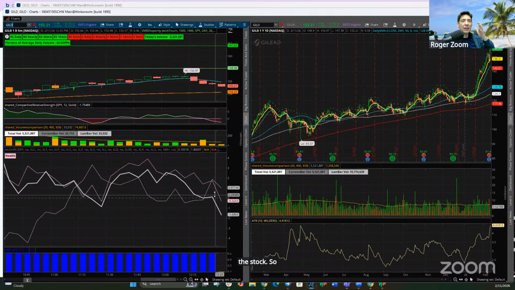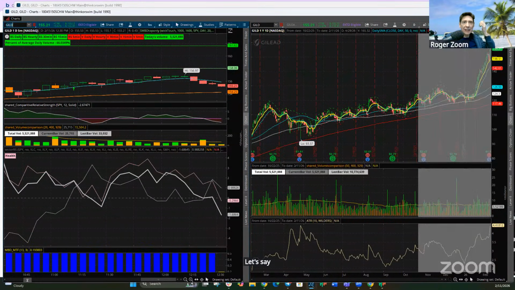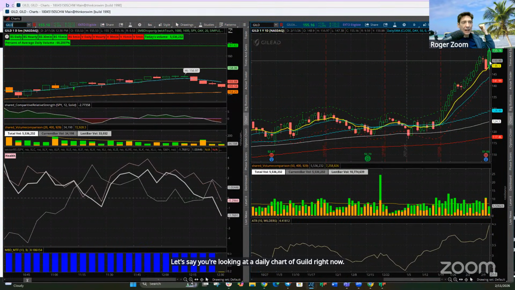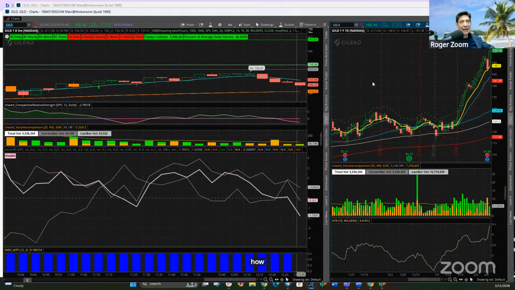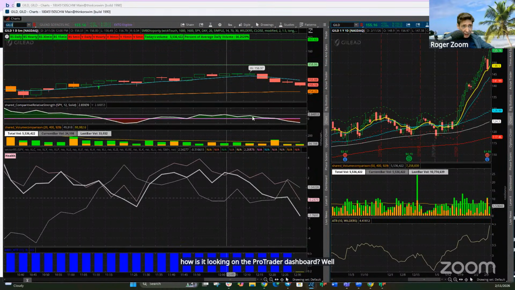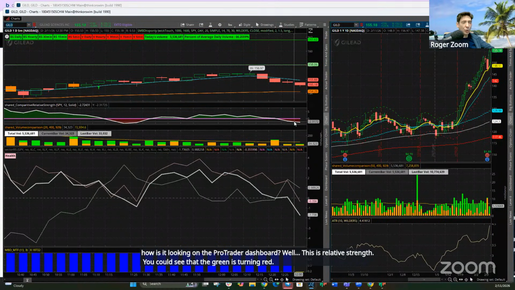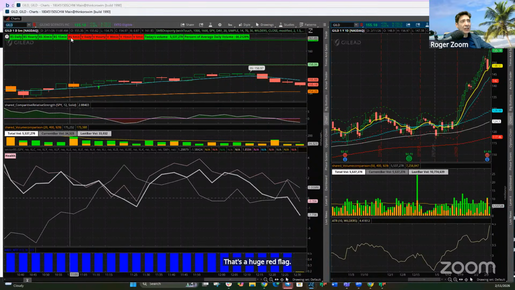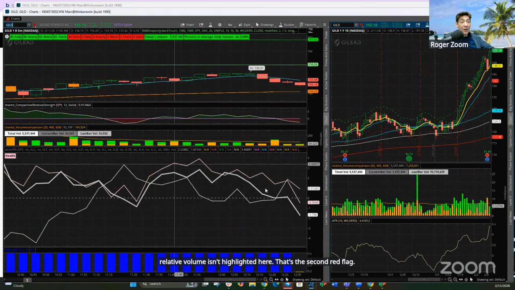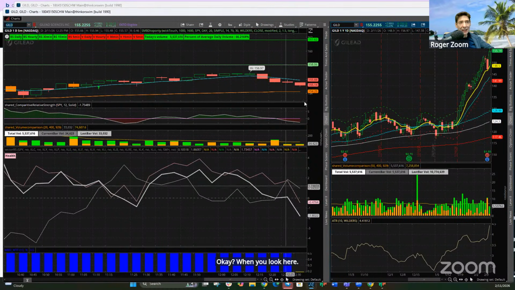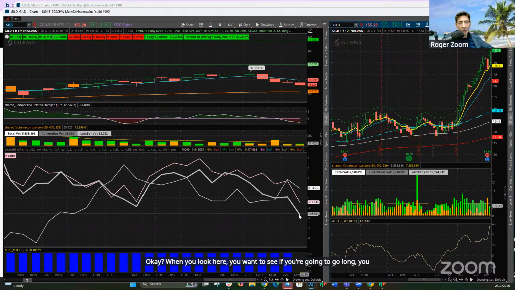So let me explain this to you. Let's say you're looking at a daily chart of Guild right now, okay? And you really, really like how it looks right now. And then you say, okay, well, let's take a deeper look. How is it looking on the Pro Trader dashboard? Well, this is relative strength. You could see that the green is turning red. That's a huge red flag. You can also see that relative volume isn't highlighted here. That's a second red flag. Okay? When you look here, if you're going to go long, you want the thick colored line